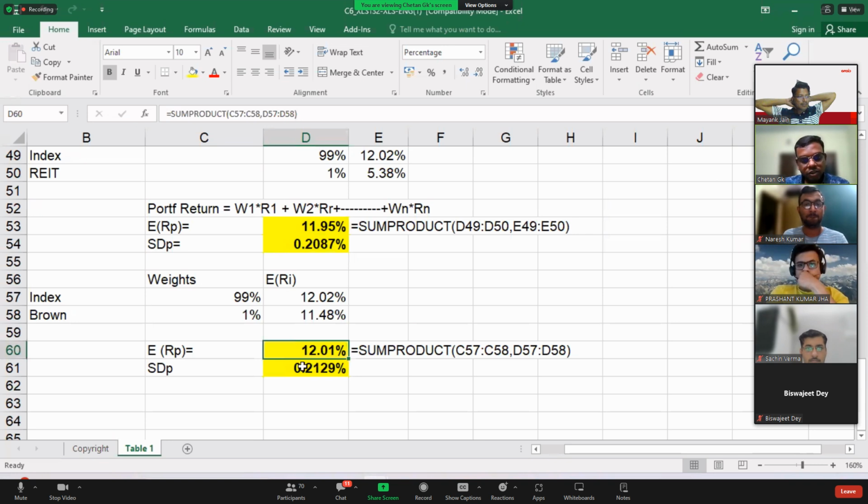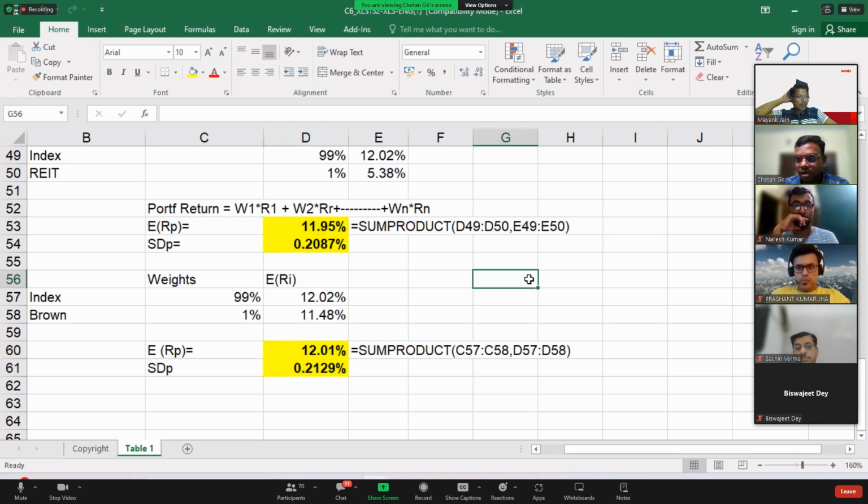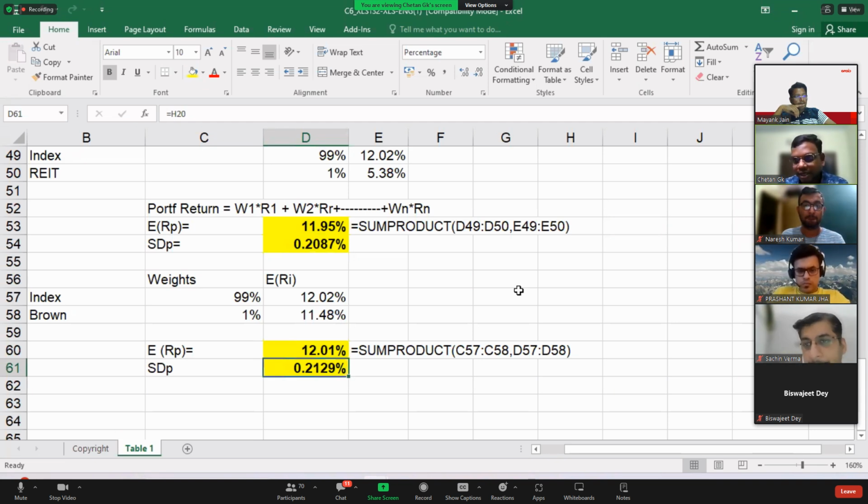Okay, so as and when the risk is increasing, the return is also increasing. That is what we can actually see. As and when the risk is reducing, even the return is also reducing. So this is what is evident from this particular example. Is it fine, everybody? This is all I have to say with respect to this particular case. If you permit me, we can go to the next class.